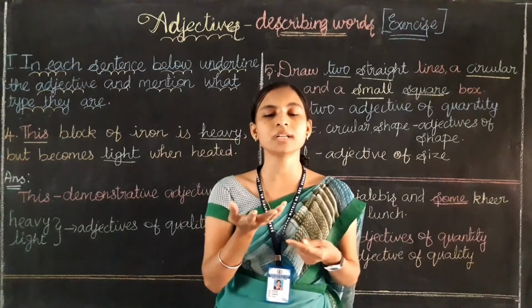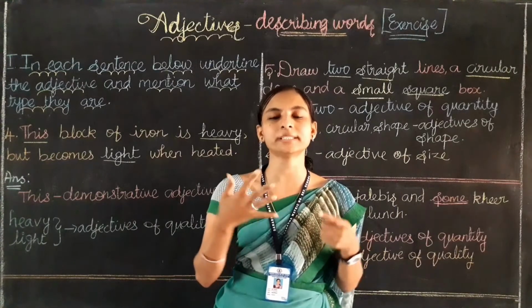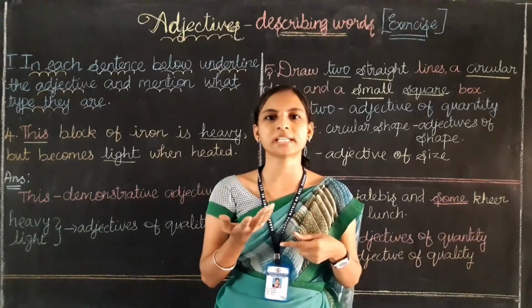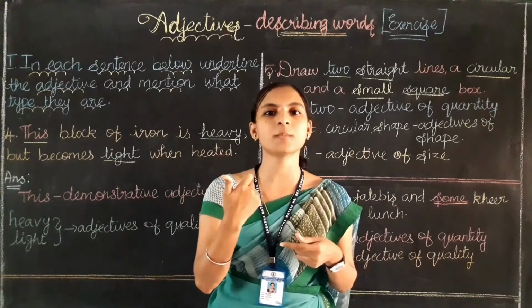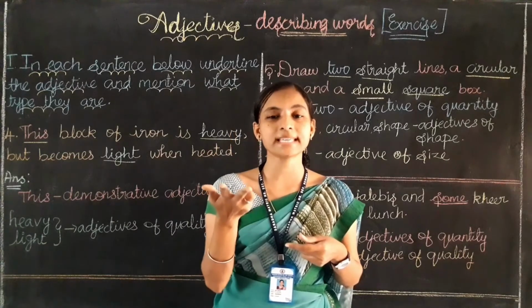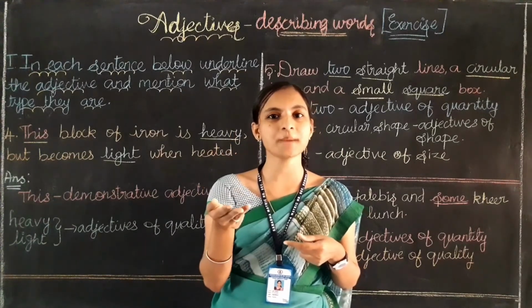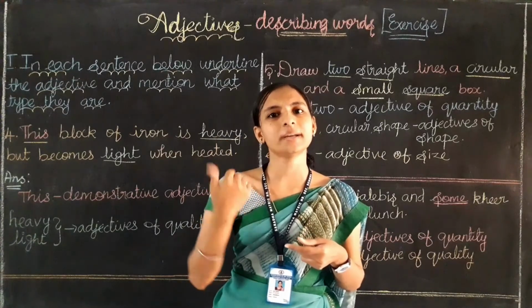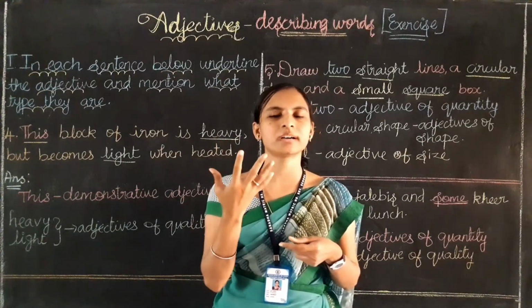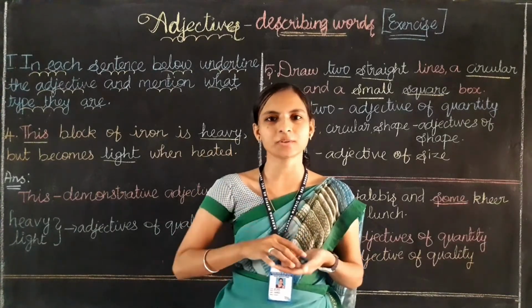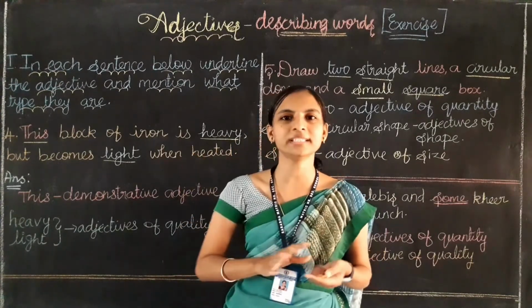And what are the words are used to describe about the noun? What are the words? If you find out, then it is called adjective. Yes, if a word talks about the taste of the noun, or sound of the noun, or size of the noun, or shape of the noun, or color of the noun, or number of the noun. So these words are the helping words to identify the adjectives. Okay, I hope you are clear with this topic, children.